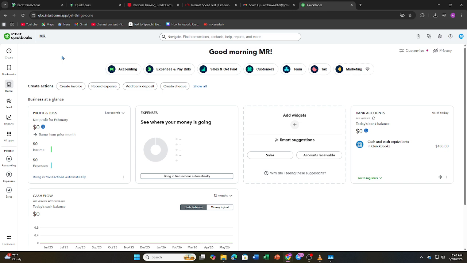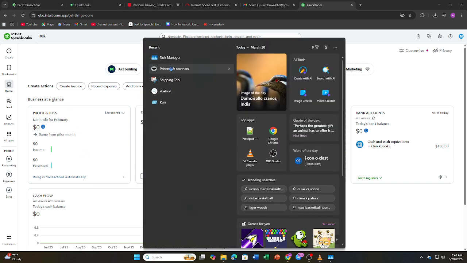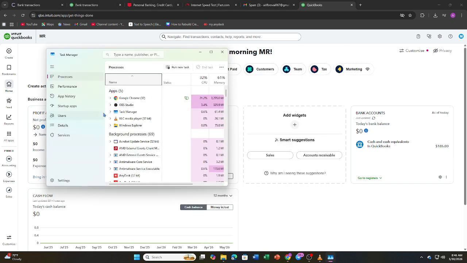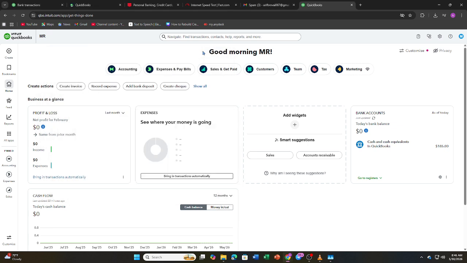After that, try opening the company file as an administrator. Right-click the QuickBooks icon and select Run as Administrator because permission issues can sometimes block access to files. Also, use the QuickBooks File Doctor. This tool can detect and repair issues with corrupted or damaged company files, which is often the cause of